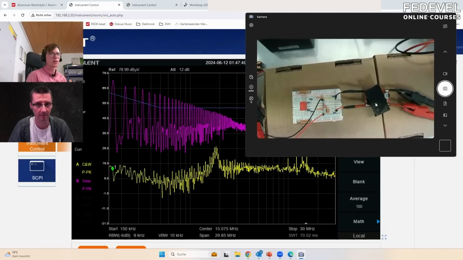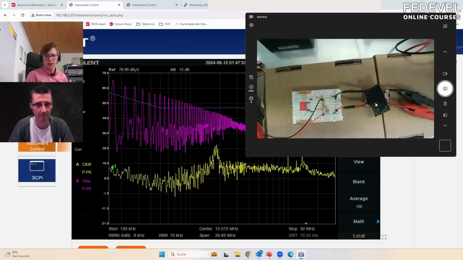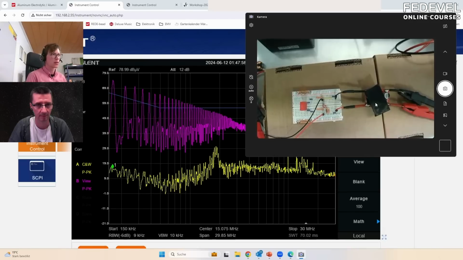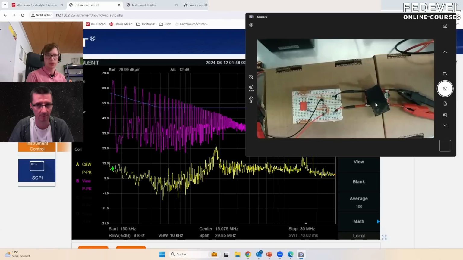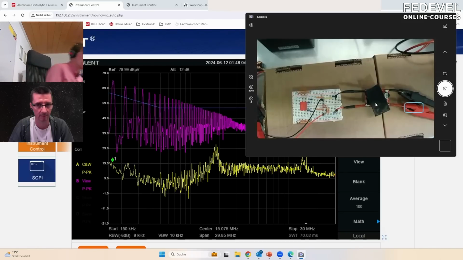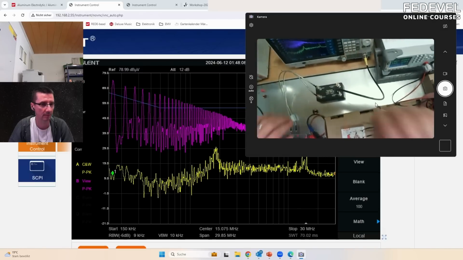But by design it is necessary to do it, and therefore the good thing here is now you can distinguish between common and differential mode. And also when I now measure in a different way,